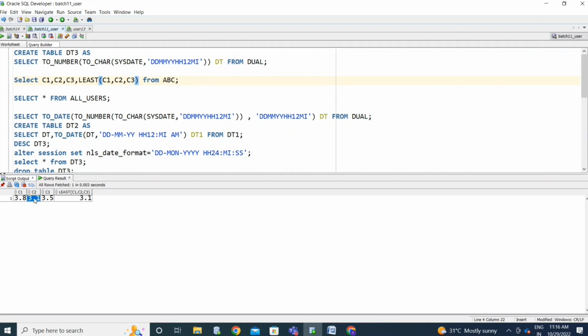See, if you want to know the row level greatest or maximum or minimum, any kind at the row level, we'll use the greatest function to find out the maximum value. To find out the minimum value at the row level, we'll use least. If you want to find out at the column level,